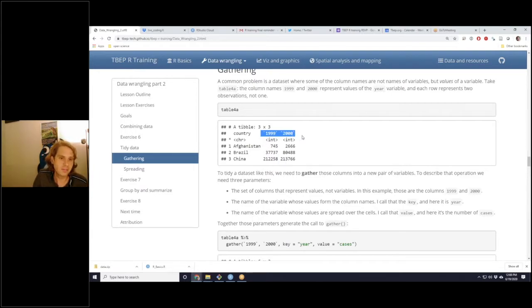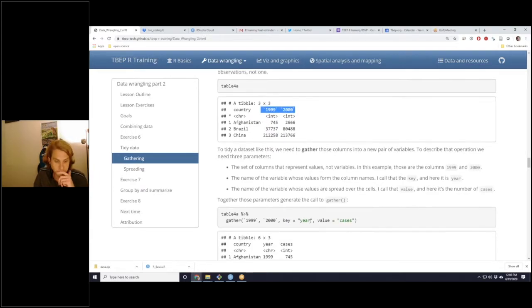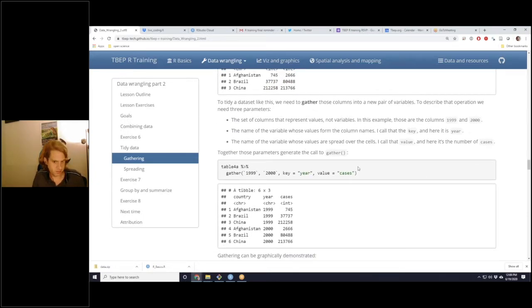Here we have the years, so in this example, our key is going to be year. The second piece of information is to understand what the value is, and here the values are the case numbers. So the key is year, defining what goes in the columns, and the actual values in the rows are cases. This probably isn't making a lot of sense if you've never seen this concept before,